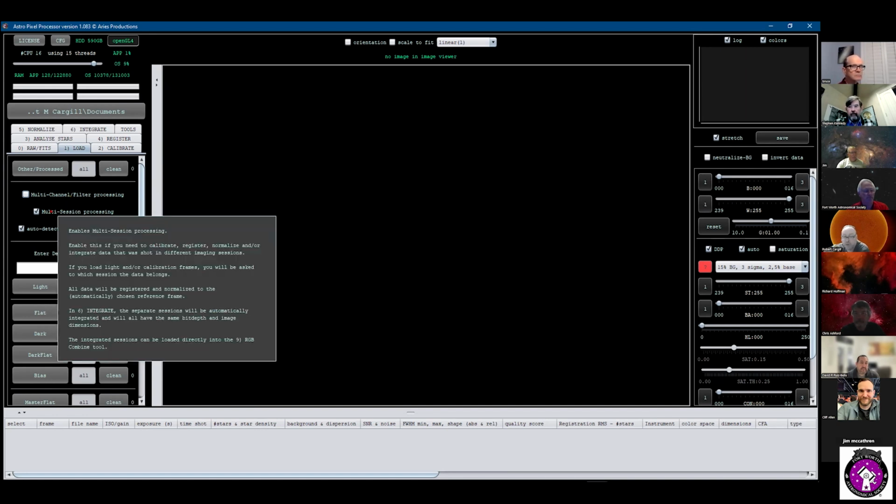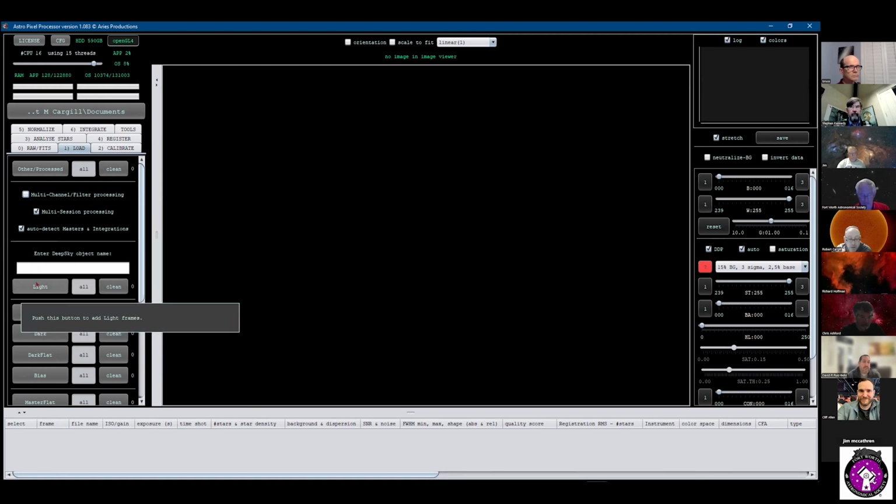But you do want the multi-session processing because that will allow you to input different nights of data, including your flats and your lights. Darks, you don't have to worry about it because it's all going to be the same. So when we click on the lights,